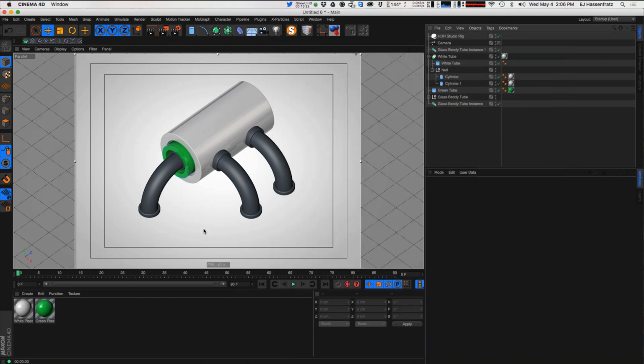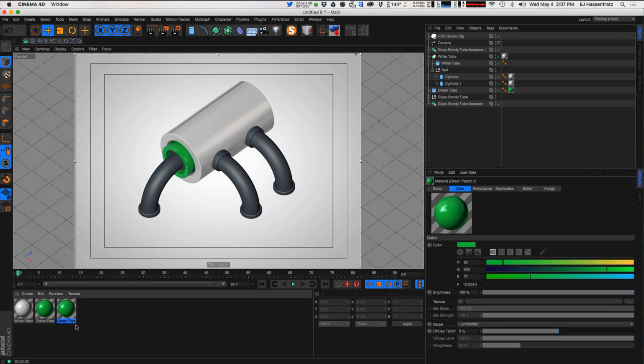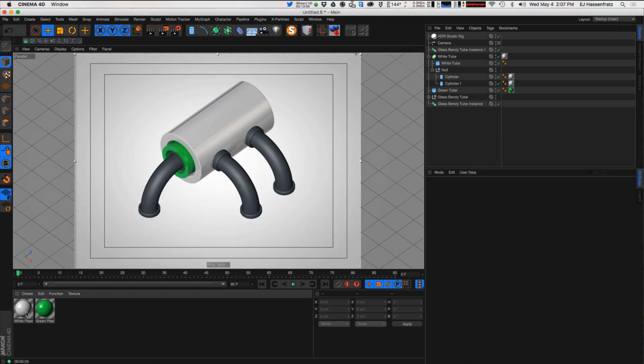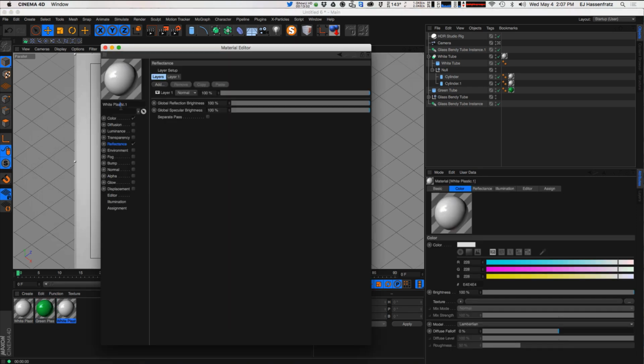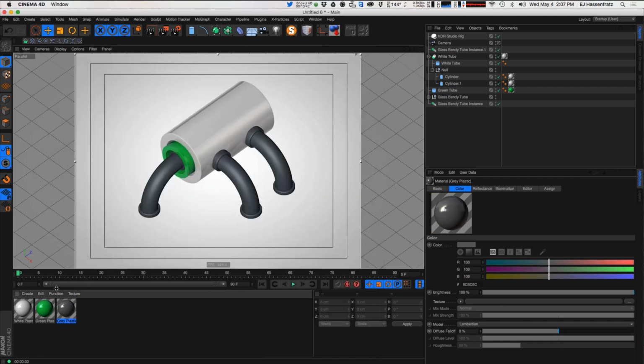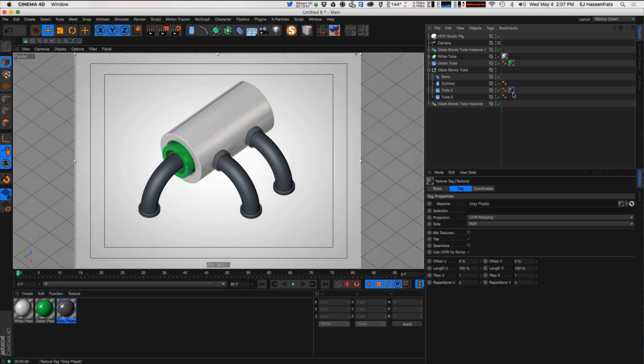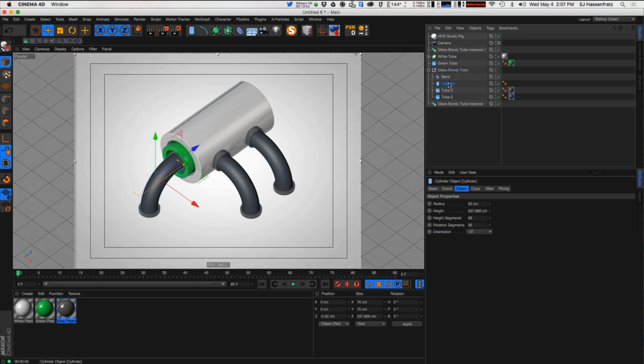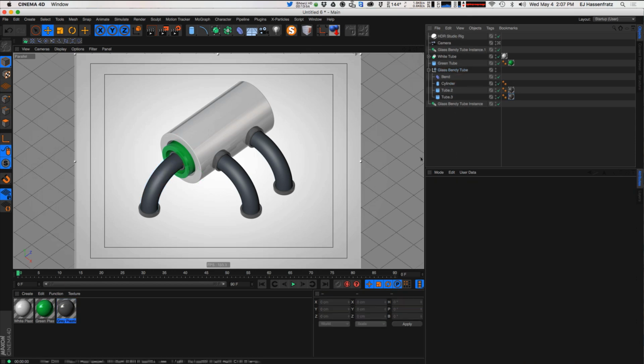Cool. Now we need our gray plastic for these little rings. So actually what I'll do is just duplicate my white plastic, rename it gray, and just make this gray. Easy enough. And we'll apply this to our tubes here. So this one, and that should be all of our tubes. Yep. Okay, so now we can get into the nitty gritty and add our